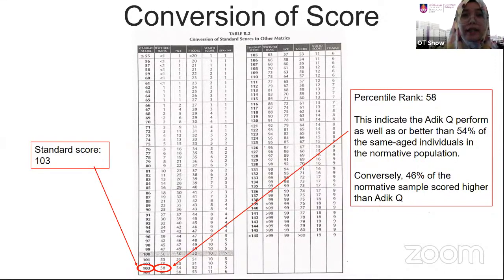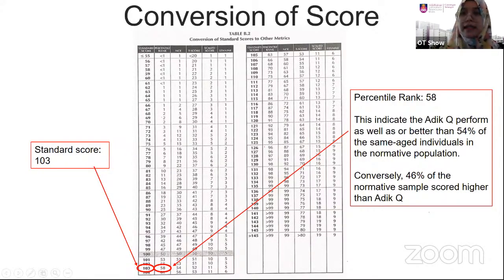Okay, percentile rank ni dia indicate adik Q ni perform sama bagus ataupun lebih bagus daripada 54% dalam age yang sama based on normative population dia. Okay.